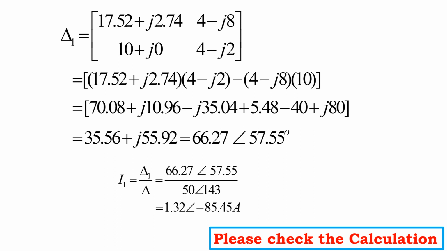Now we know how to calculate I1. I1 is nothing but delta 1 by delta. So substitute the delta 1 value and delta, and then I got 1.32 angle minus 85.45 amps. So please check the calculations,